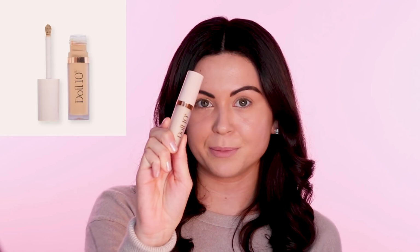First, I'm going to start with concealer. I'm going to use the Hydrolux Smoothing Multitasking Concealer, and I'm in shade Light. This concealer is amazing. It is clinically proven to smooth out your fine lines and wrinkles, does not settle into lines, and it covers up dark circles, which you know that I need because I barely get any sleep. So all I'm going to do is apply 3 dots underneath my eye,